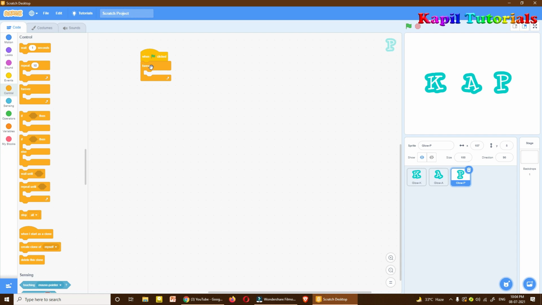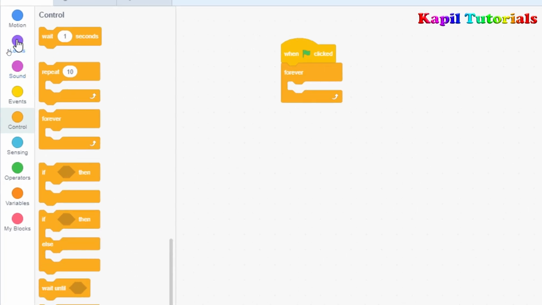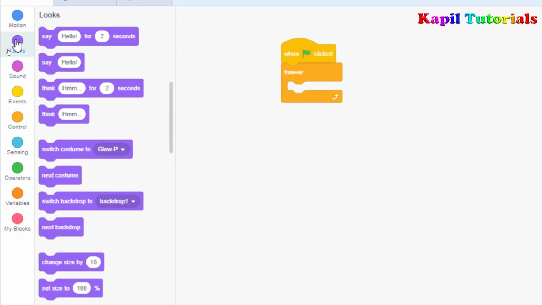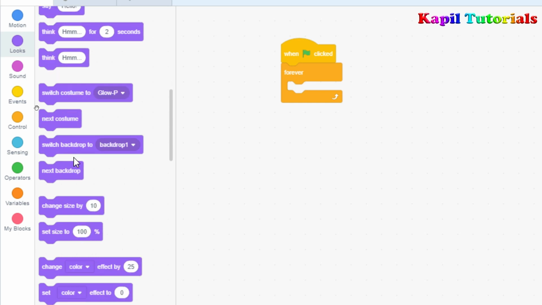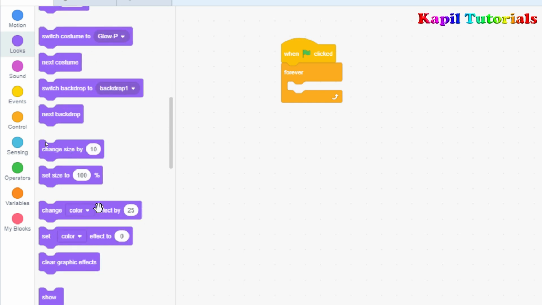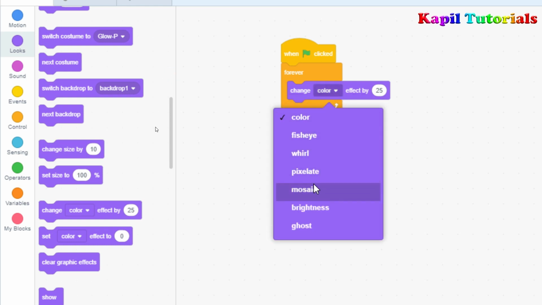Firstly I have to go to looks. Then here is one change block. I'll search for this command, change. To give the same kind of effect I'll select here change ghost effect.